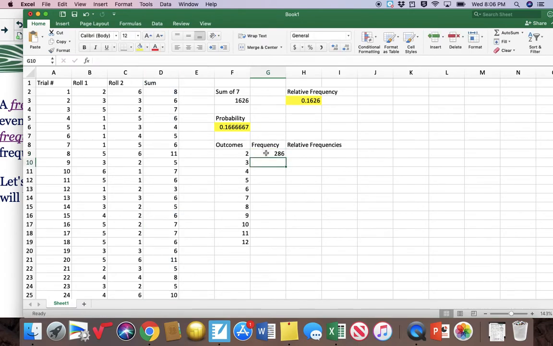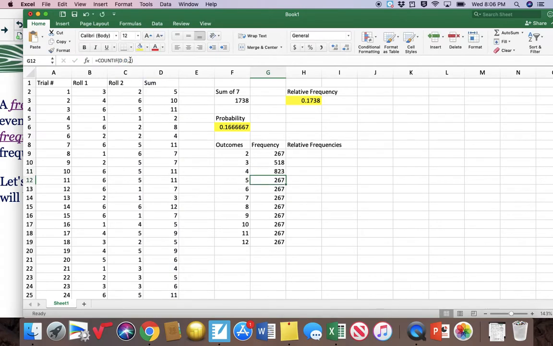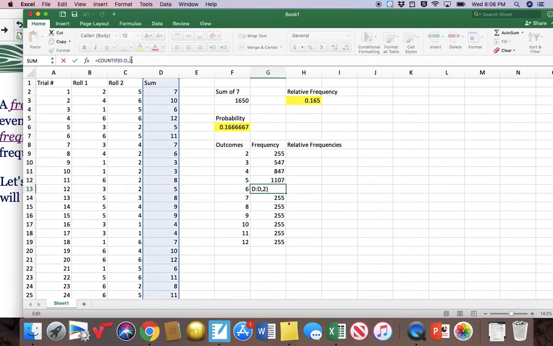And let's see if this works. If I drag this down and just change this formula, I just need to change the 2 to a 3. And then I'll change the 2 to a 4. Or you can type them in if you want. It's up to you. Change the 2 to a 6,